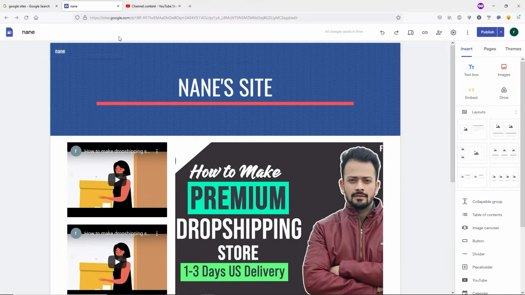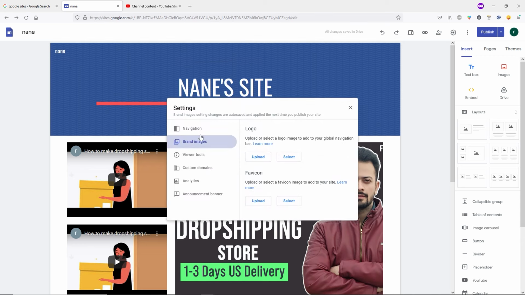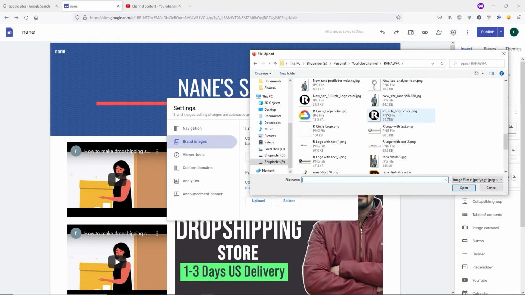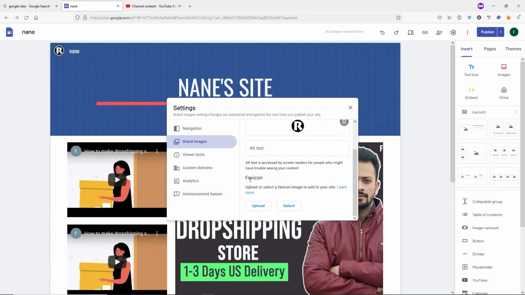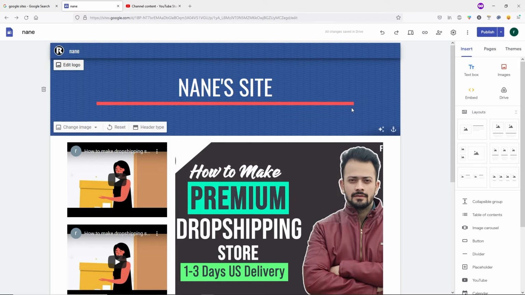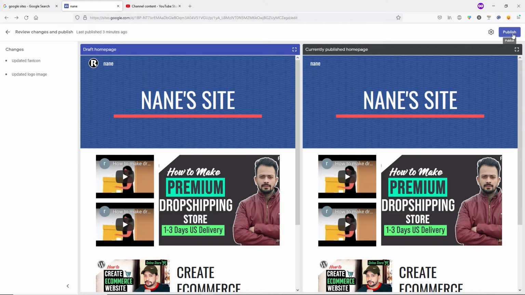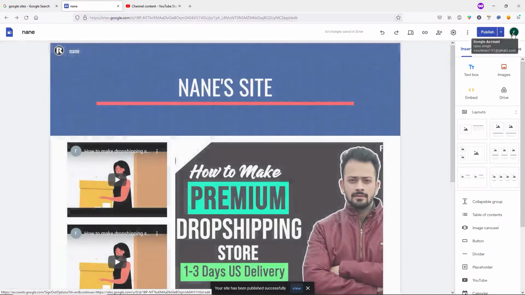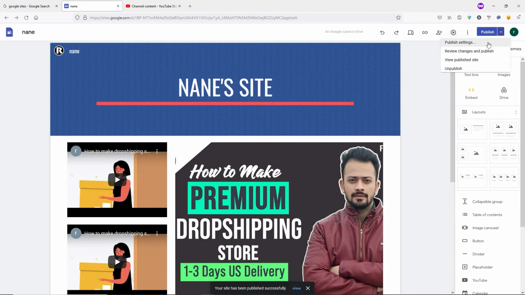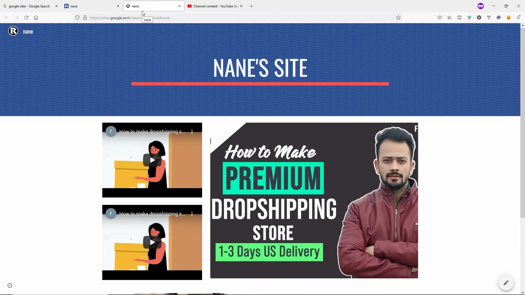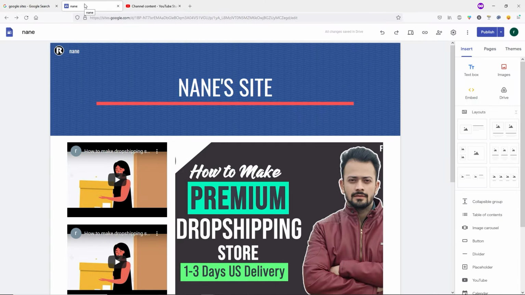Let's close it. But before that, let me show you how you can add a logo. Come over here, hover your mouse over here, then click on add logo and then upload your logo. You can upload Favicon as well. Alright, let's close this. Once you do it, let's click on publish. Click on got it. And then click on publish once again. Alright, so let's view our site once again. Alright guys, so you can see this is our logo and this is our Favicon. Let's close it. Let's come back to your site.